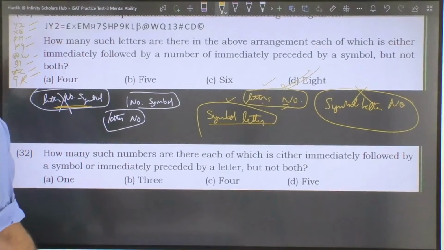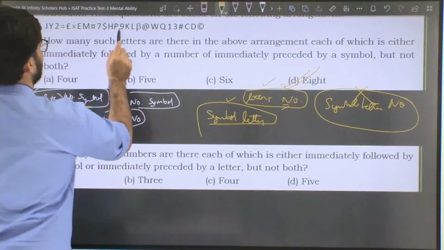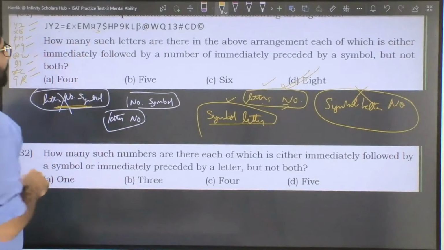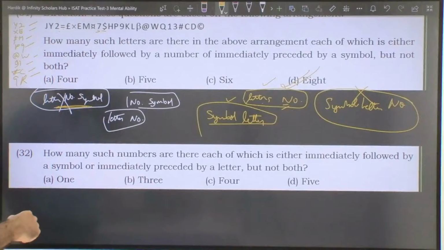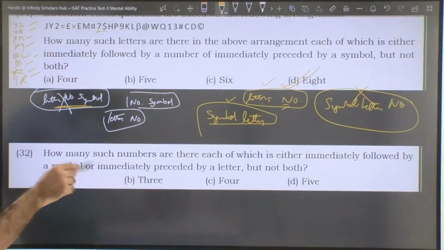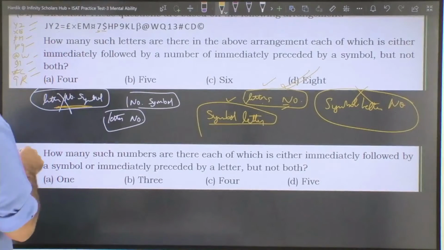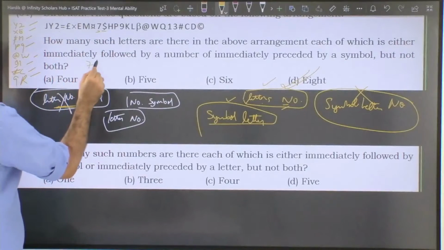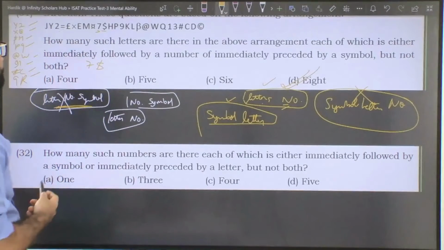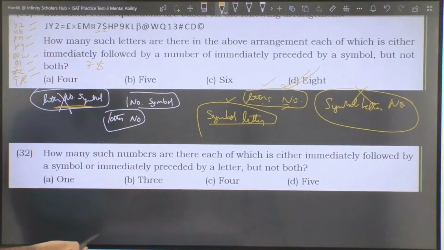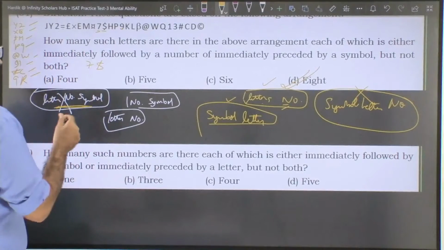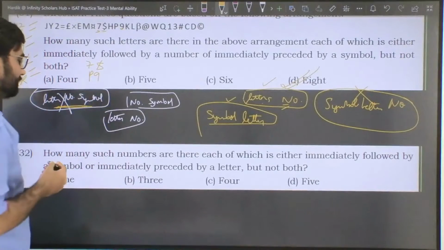Okay, next number, go and find a number. Yes, we have a number 7 over here, right? So after 7 there should be a symbol. Yes, it is there. And before 7 there should be a letter. If it's there, then we will not consider it. But yes, there is no letter before 7. So that means 7 and dollar, this definitely makes one pair. After that, pick up the next number, which is 9. After 9 there should be a symbol, but no, k is not a symbol. And before 9 there should be a letter. Yes, so there is a letter over there, so I will consider p and 9 also.